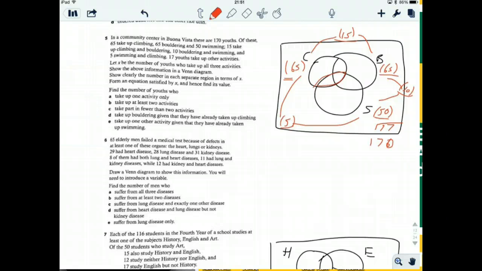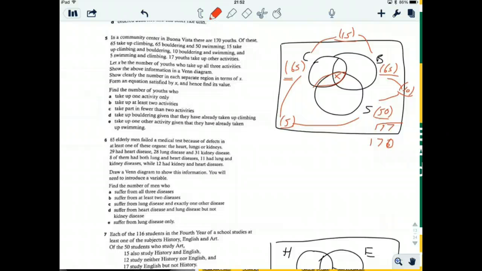the universe. Show clearly the number in each section in terms of x, form an equation satisfied by x, and hence find its values. Let x be the number of youths who take up all 3 activities. So instead of giving us a number, they just have a variable x. So x is the number of people in the middle. So we just do the same thing we did before, except now we just need to leave x in the